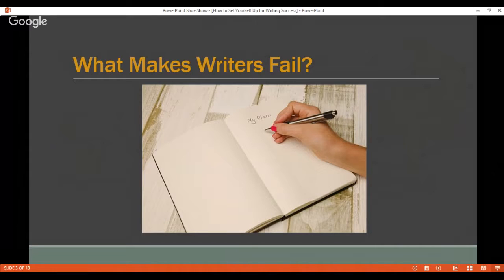We work, we have kids, we have homes, we have pets, we have all kinds of things that need attention. And so sometimes getting to our writing can be down at the bottom of the list. And that can cause some problems, especially for writers who find personal satisfaction with their writing. For those of us who write because it helps us to feel better about ourselves, it's a part of our lives that we choose to engage in, and it's also a part of our professional list of tasks that we do. These kinds of challenges can really get in the way and create a pretty nasty situation. We don't want that.